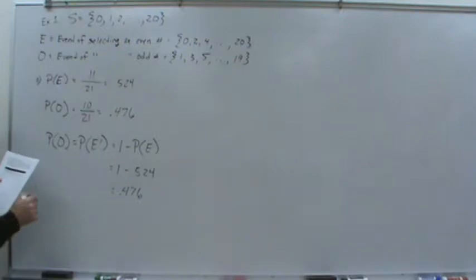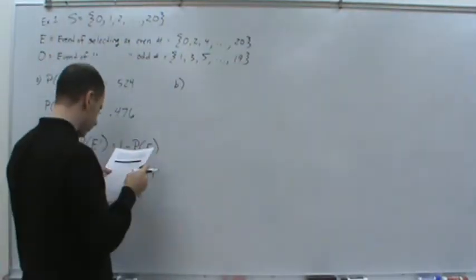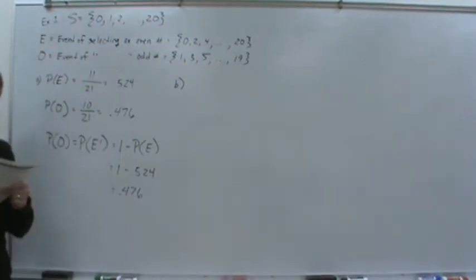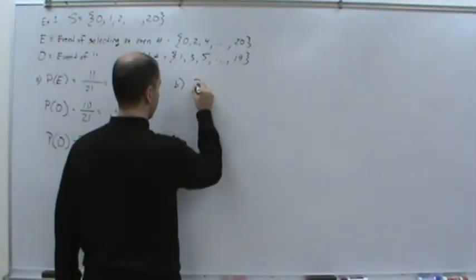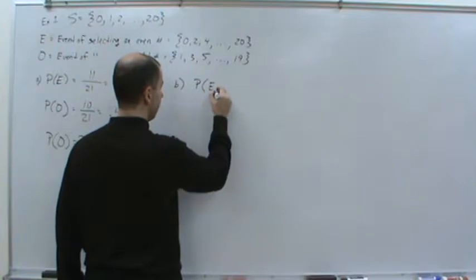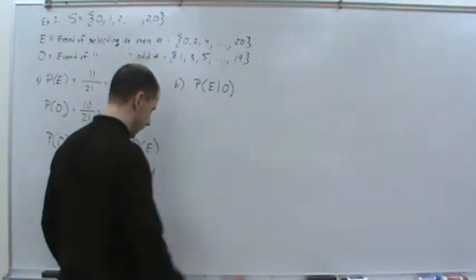And let's say B. Let's calculate the probability of A given, or E given O. What's the probability of getting an even number? Okay, in this case,